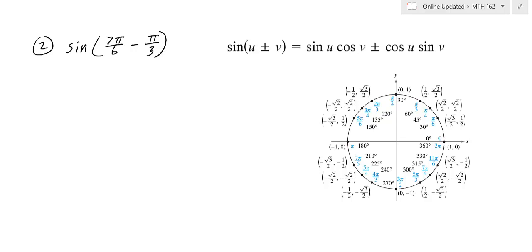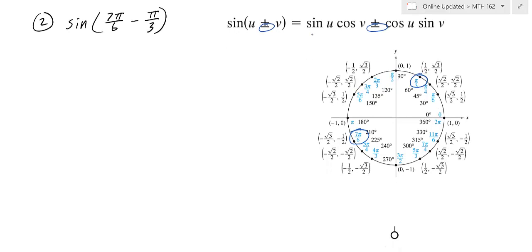All right, I hope you took the time to pause the video and try this on your own. The only difference with this example is we're looking for the sine, and they've already split this up for us. Instead of degrees now, we're using radians, and we have the sine of 7 pi over 6 minus, so that means over here we're going to use minus, and then we're going to use the bottom sign as well, so it's going to be minus over here. So we have to locate our 7 pi over 6, which is here, and the pi over 3, which is here. So there we're going to be using the coordinates to substitute into